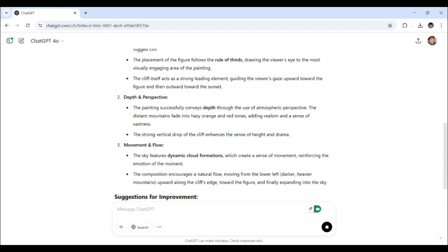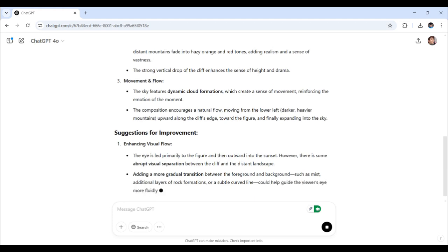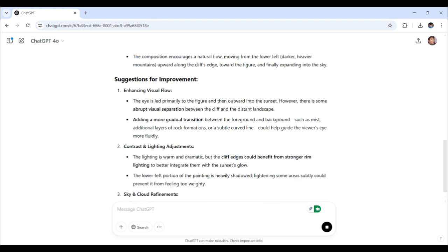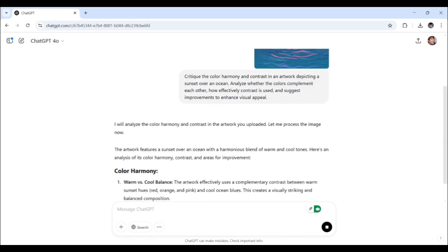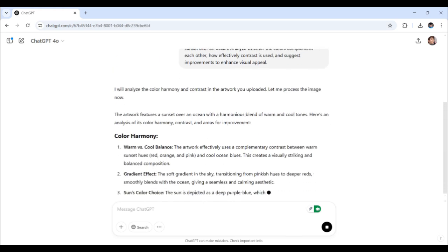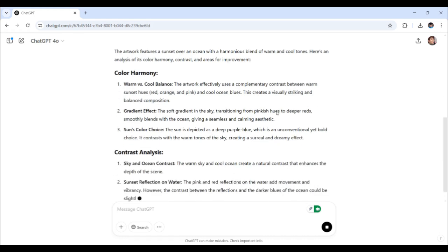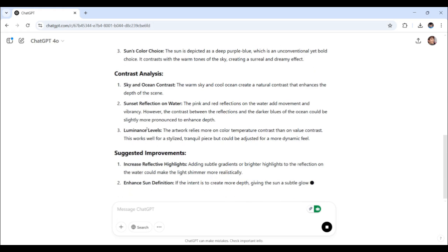Whether you're an artist, designer, or just someone looking for constructive feedback, you might be wondering, how can ChatGPT help critique a piece of artwork or design? Well, today we're diving into that exact topic. We'll explore different ways to prompt ChatGPT for detailed critiques, covering aspects like composition, color harmony, and storytelling elements in